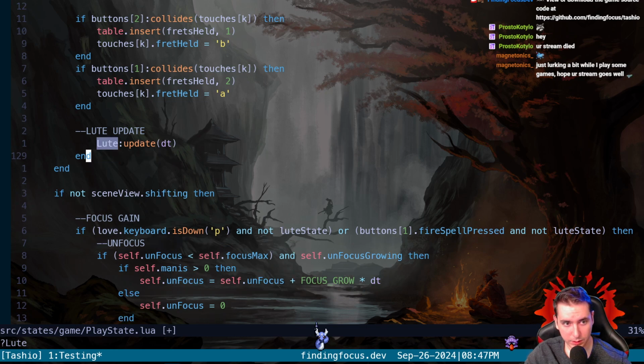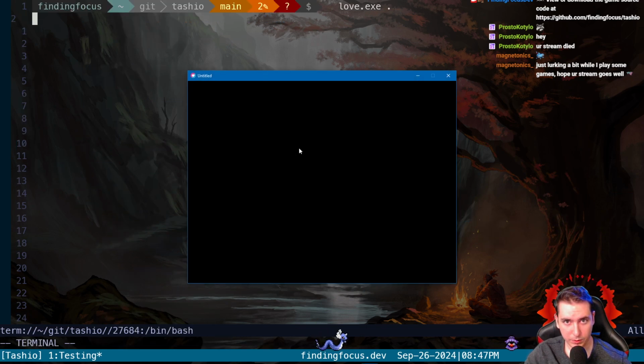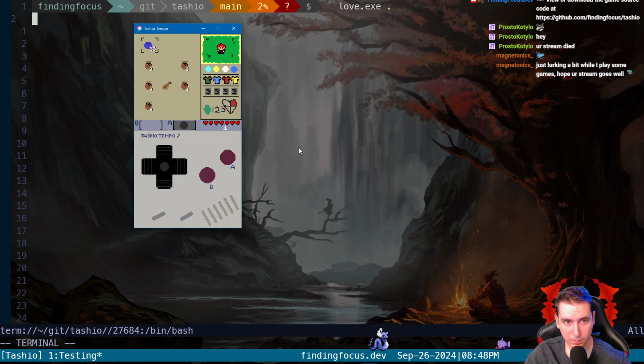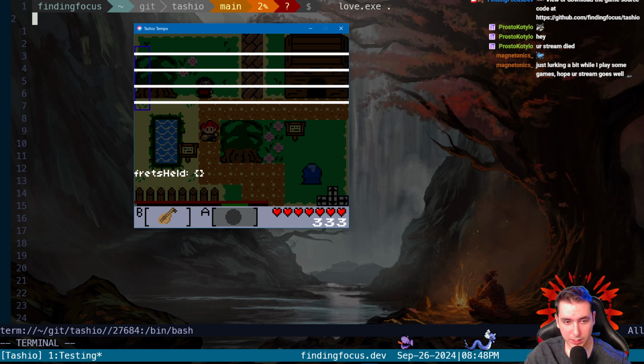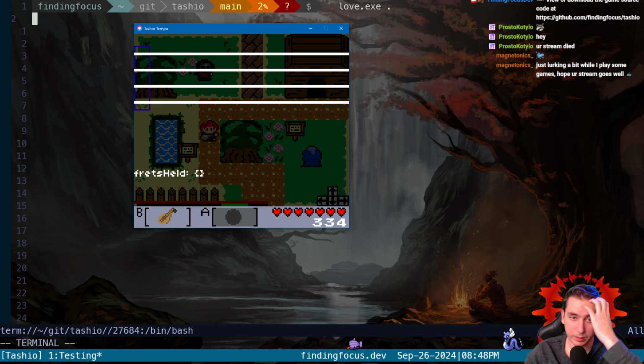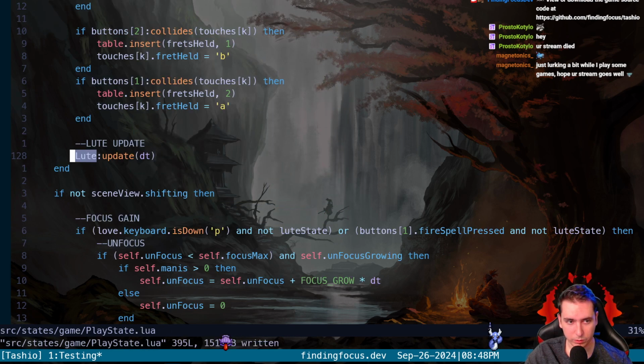I'm kind of curious, let's just update lute and see what happens. Because we don't even see the notes scrolling across screen. We're not getting any of our touch detection, or our keyboard detection, or our notes scrolling.